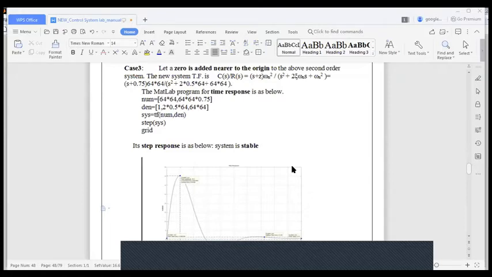So that's why it is s plus z into omega n square by s square plus 2 zeta omega n s plus omega n square, equal to s plus 0.75. So little away from the origin with respect to the earlier case. So other steps remain the same. Now this is what is existing in the lab manual. Same thing we will show now in MATLAB.